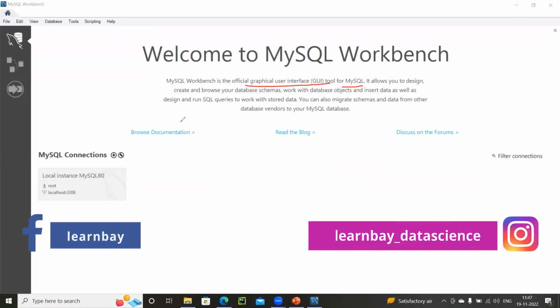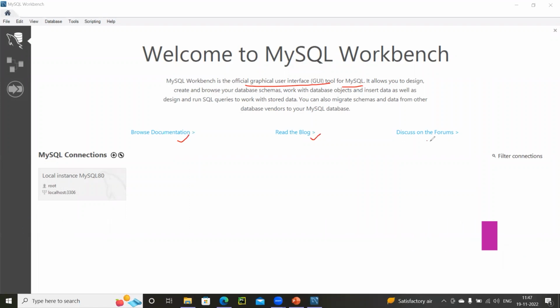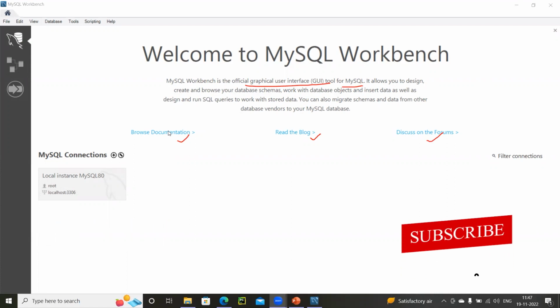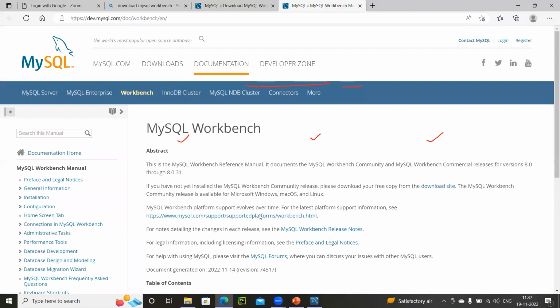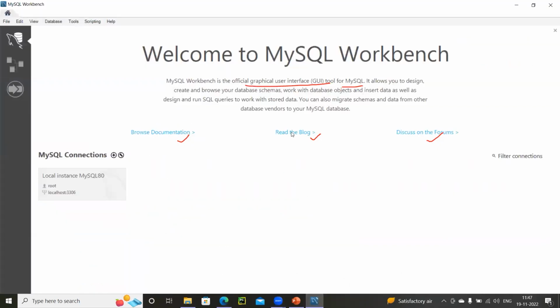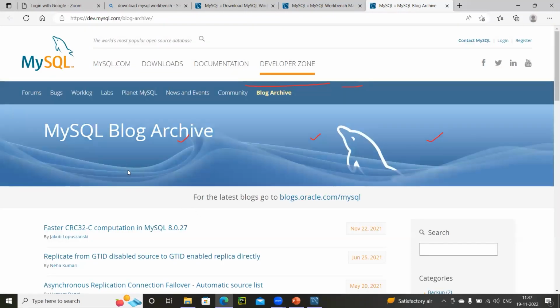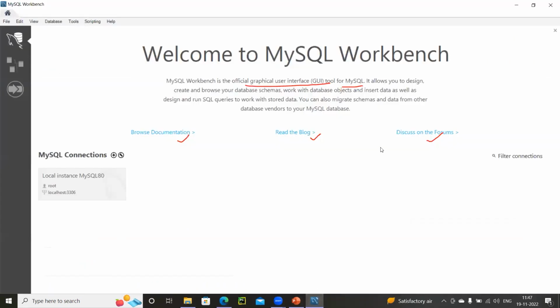There are different links here. For example, if I click on browse documentation, it will take me to the official documentation section. Similarly, if I click on the blog, it will take me to the official blog section, where we can read a lot of blogs they have written. Similarly, the discussion forums.